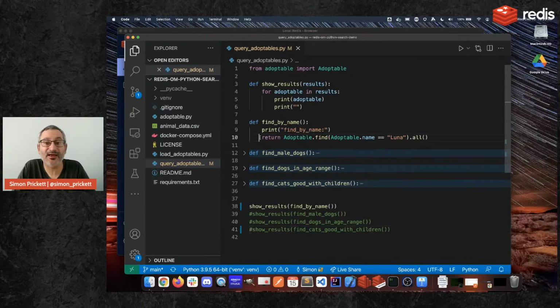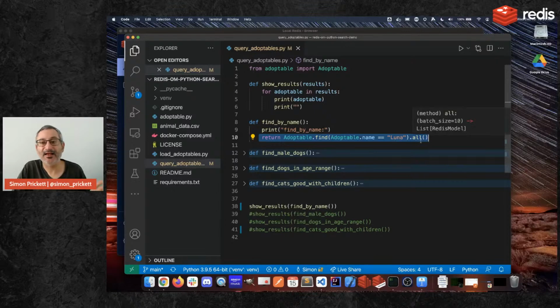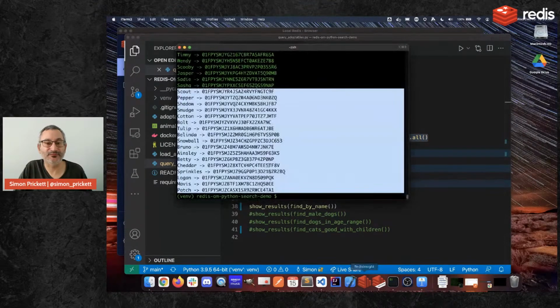So, a very, very simple query. If I want to find every pet called Luna, I just do Adoptable, which is my model. So we tell Redis OM what sort of thing we want to find, .find. And then I say what field name I want. So Adoptable.name must be equal to Luna, and return all of them. And what it will do is go find all of the animals called Luna and return them. So if I run that,